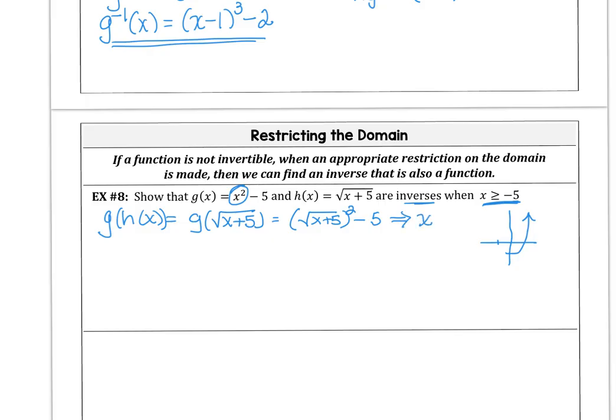That's not a guarantee. You have to check the h of g of x, which is the h of x squared minus 5. So when we substitute x squared minus 5 into this x and add 5, we get the square root of x squared, and the square root of x squared is the absolute value of x. And then we can say,